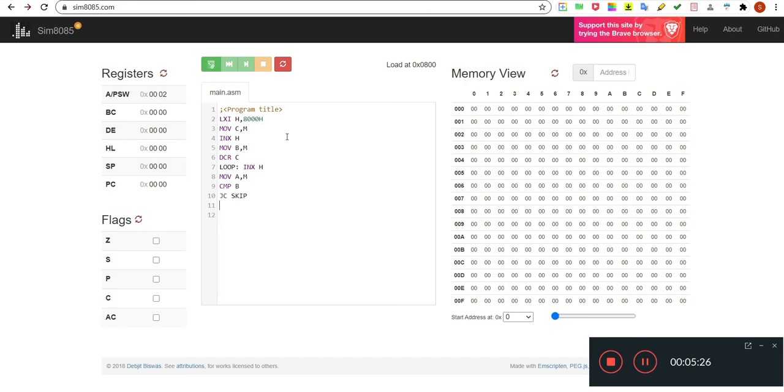JC means jump if carry is generated, that is, if B is greater than A, then go to skip. Next instruction is MOV B, A, which moves the content of the accumulator to register B.